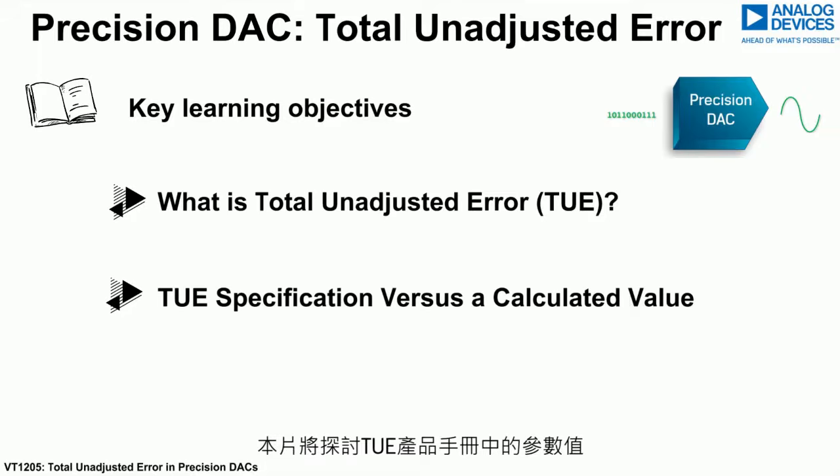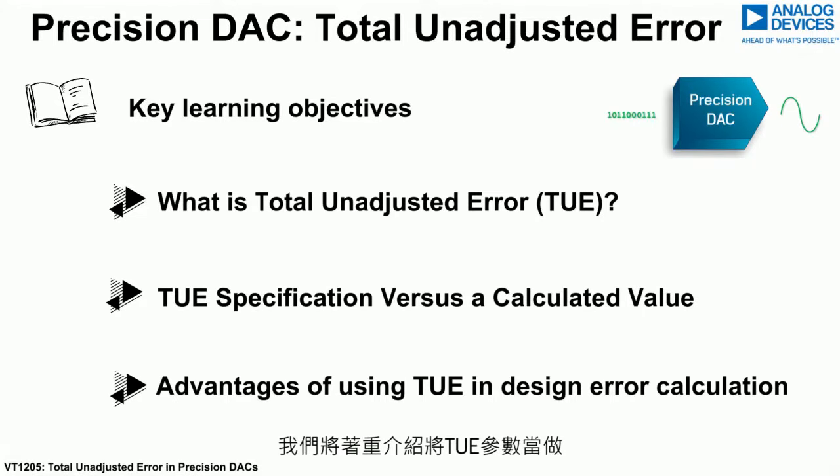Discussed are the key differences that exist between the TUE datasheet specification when compared with a calculated TUE value. We will highlight the advantages that the TUE specification offers when considered as part of the error source calculations